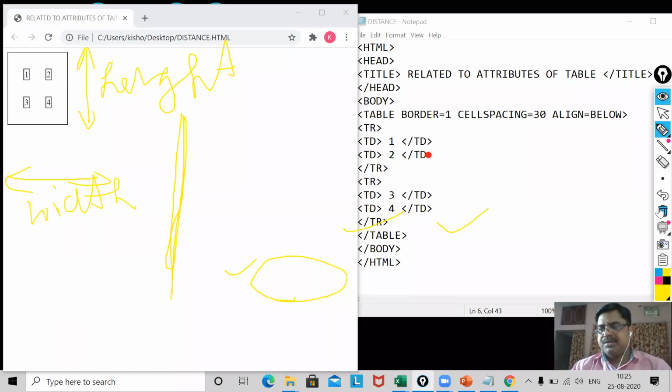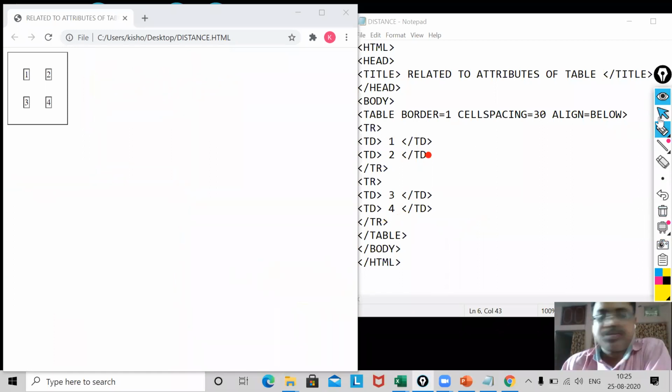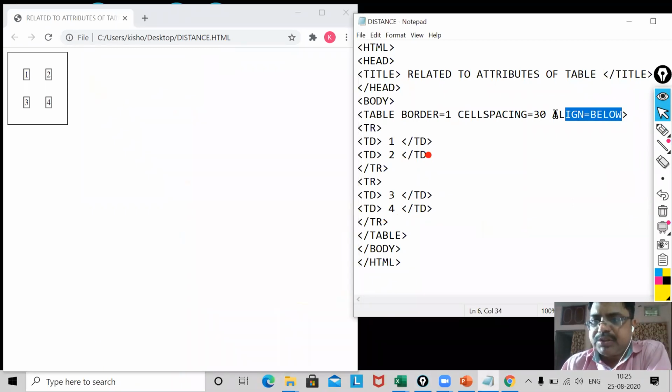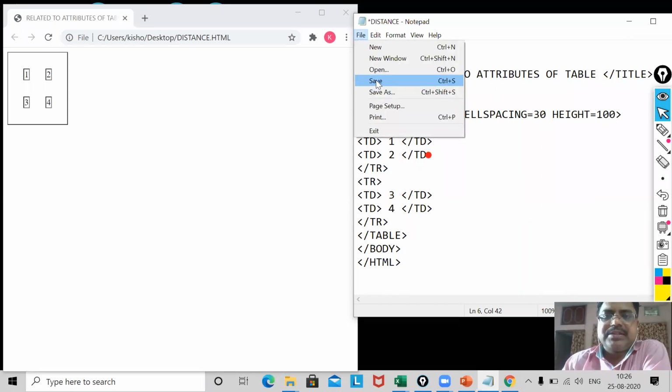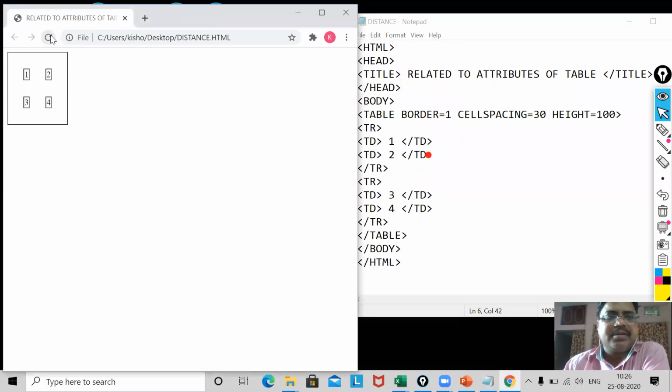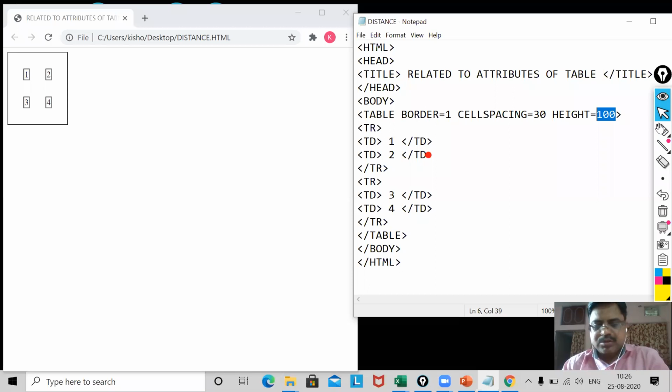Let me do this. Now, I'm going to remove this. Now, height, H-E-I-G-H-T, height equal to 100. Now, you see. File, save, and so more I have to use 500.